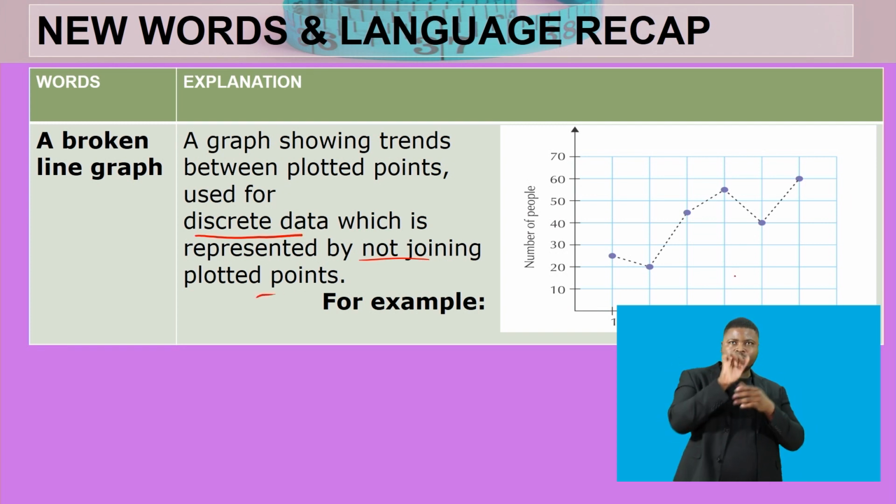So we are given there a graph with the bus trips and the number of people in the buses. Then we are given points and those dotted lines or broken lines in between to just indicate how the graph flows. The common errors that we might find ourselves making is not being able to differentiate between a line graph